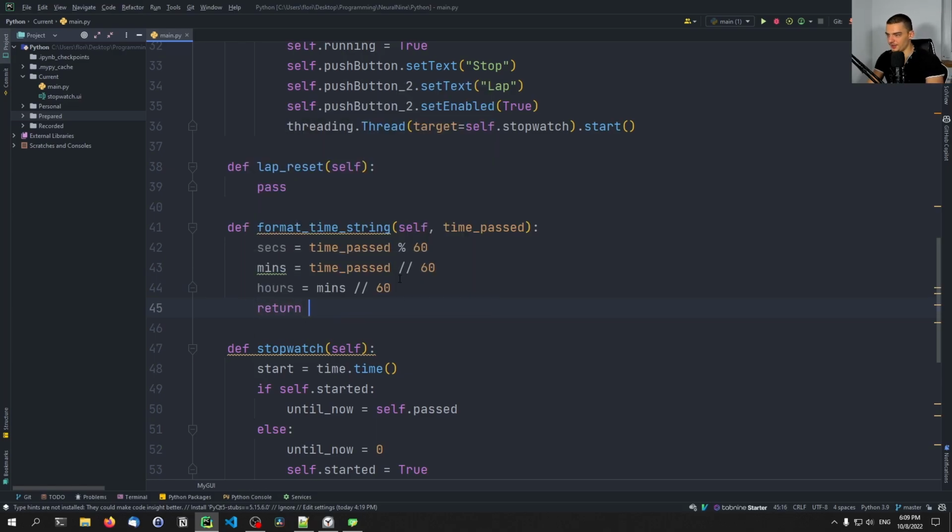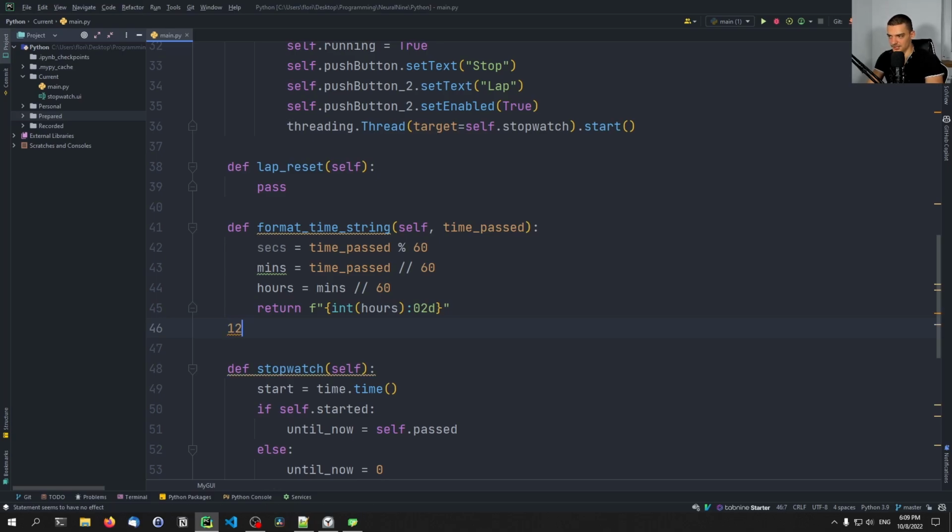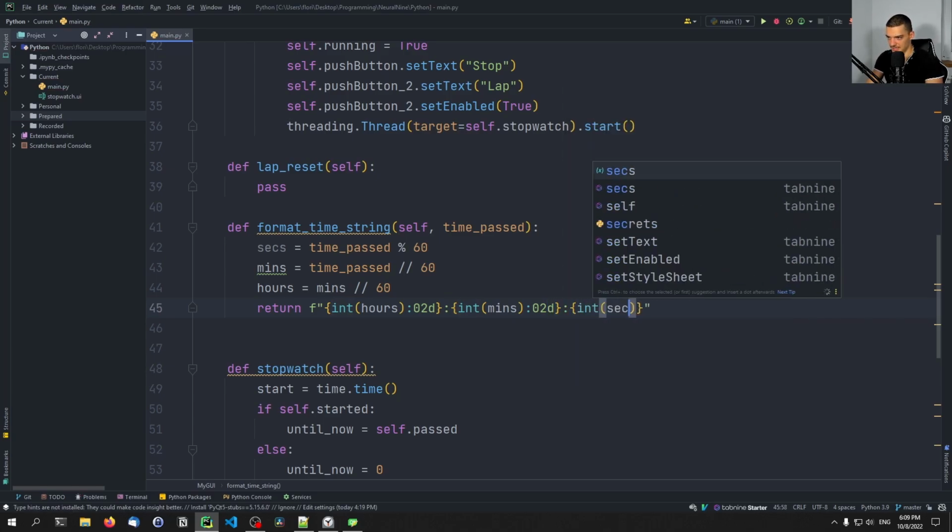And what we're going to return here is a formatted string that says integer of hours with a leading 0. That's actually what this means. So 02d means that if I have 12, it's obviously going to be displayed as 12. But if I have something like 5, it's going to be displayed as 05. So I'm going to add a leading 0 here. Then I also have int mins 02d. Then I have int seconds